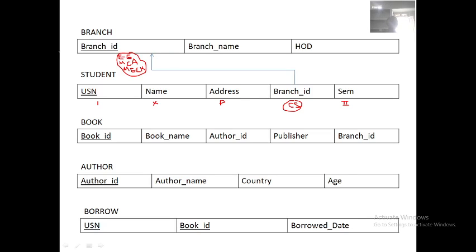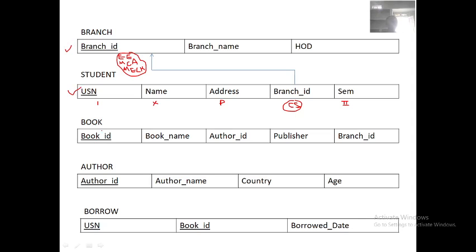This one does not have a foreign key, so you enter the values for this table. Then after that, the branch ID is from this table, so you can enter the values for this. First we need to enter this and then the student table.